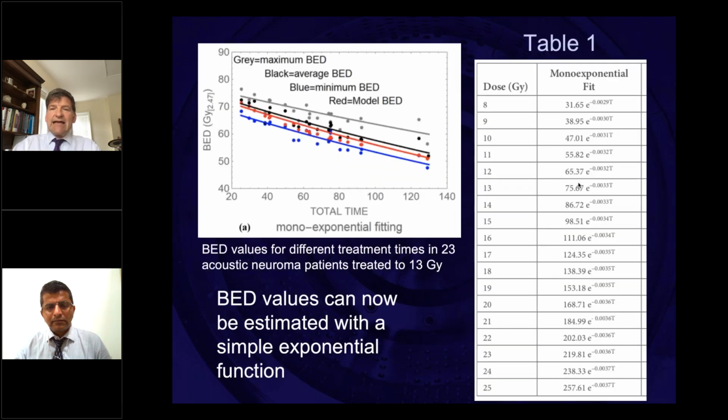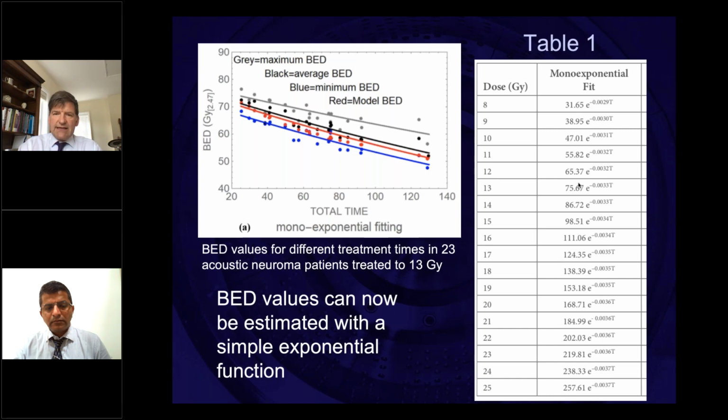There's also Table 1 in the paper, and that's an even easier method. This is just a mono-exponential equation, and this allows you to look up your prescription dose. That's a left-sided column, and then you have an equation. It's a mono-exponential fit to the data, and you simply key in your treatment time, and you get the BED